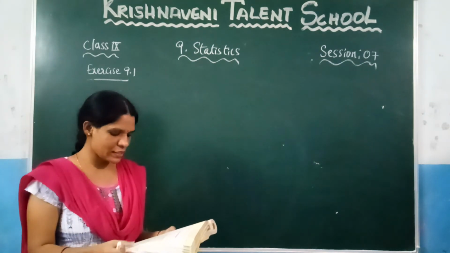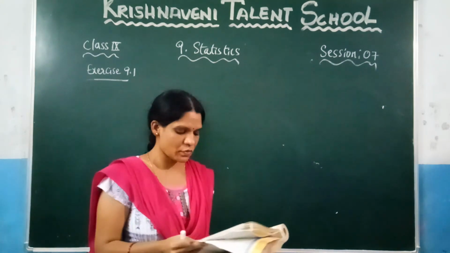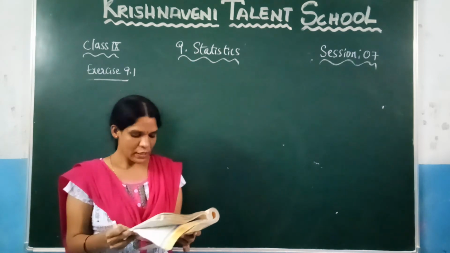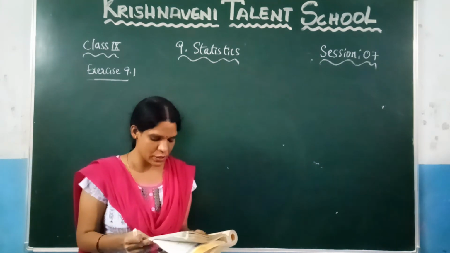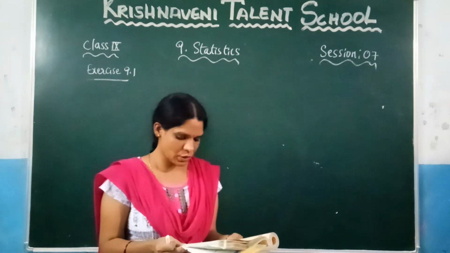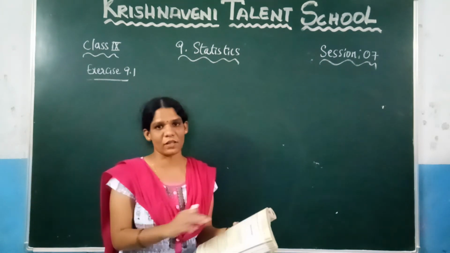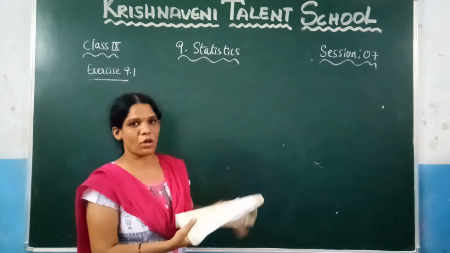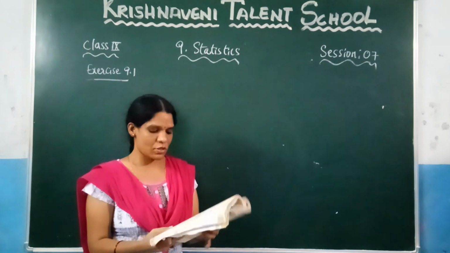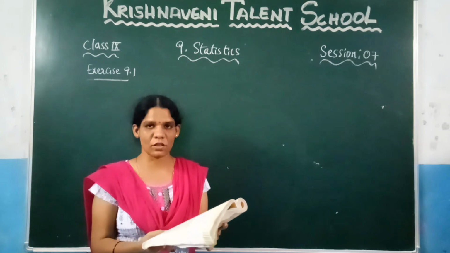So here let us see the next one, 8th question. Here what they have given, 8th question, the electricity bills of 25 houses in a colony are given below. Construct a grouped frequency distribution table with a class size of 75. So this 8th question and 9th question you can do as homework. Just you need to count the values. Here I have already written the 7th problem. Just you need to count the number of these values. Similarly you can do this 8th question and 9th question as homework.